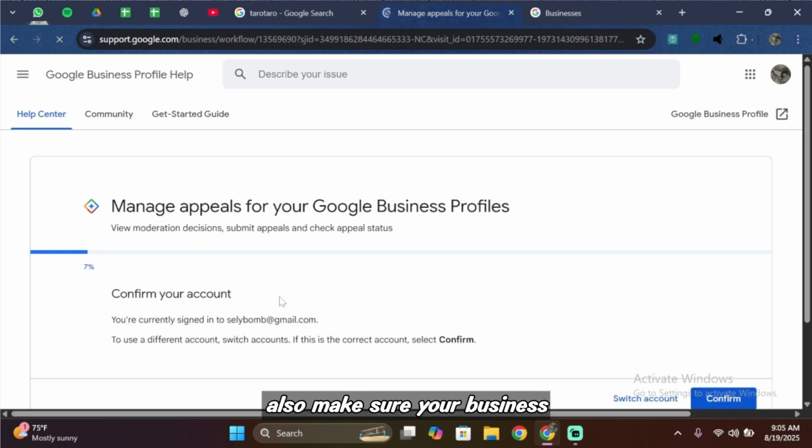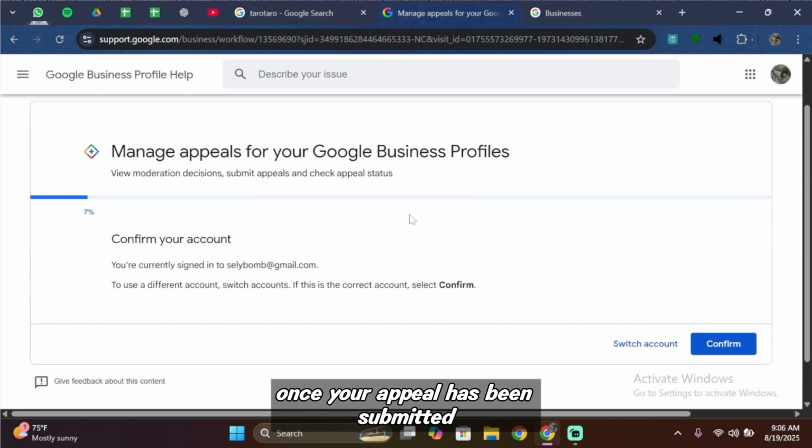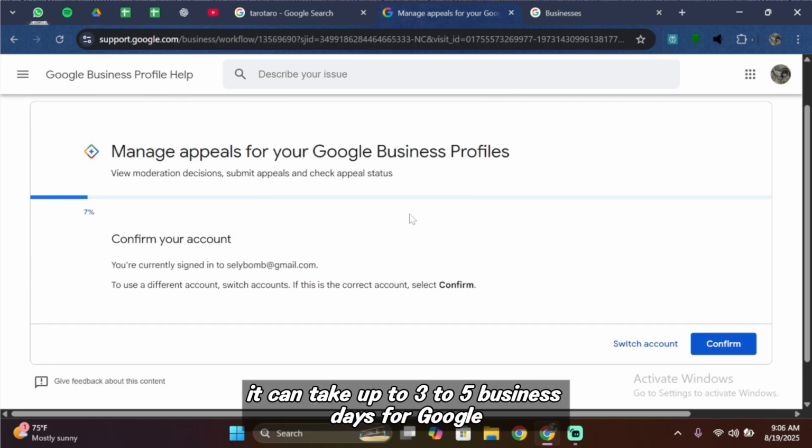Also, make sure your business information is accurate. Your business name, phone number, address, and website should be consistent with other platforms. If your address is listed as a home address or shared space, verify it with Google through the verification postcard or phone call. Once your appeal has been submitted, it can take up to 3 to 5 business days for